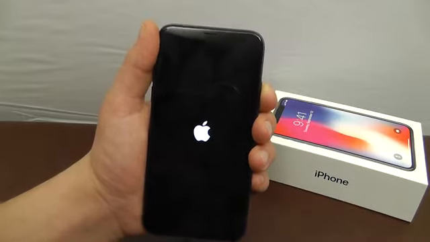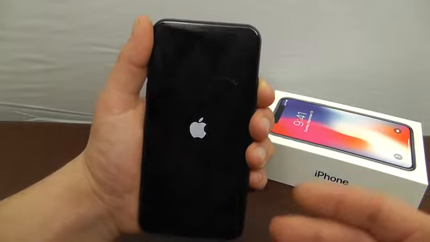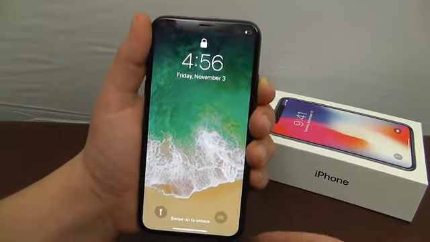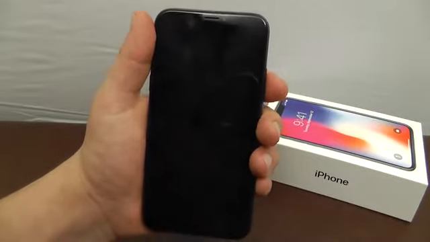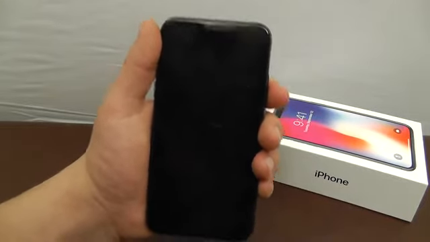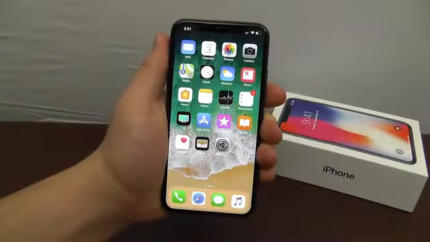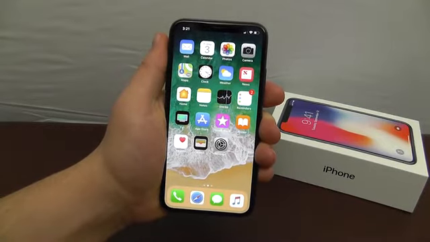Maybe try to do it once a week if possible, just to recycle your phone, keep it fresh. But if that's not possible, if your phone is frozen and not working, then you might need to take that step to force restart, which of course is pressing volume up, volume down, and then pressing and holding the side button for 10 seconds. This next hidden feature is very simple, but you're going to want to make sure it's